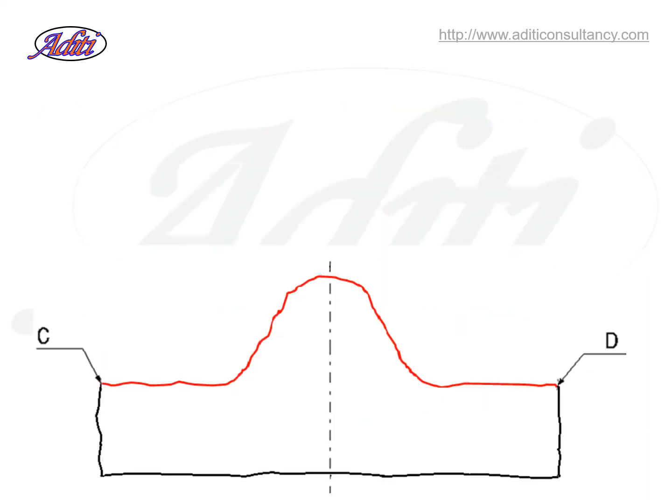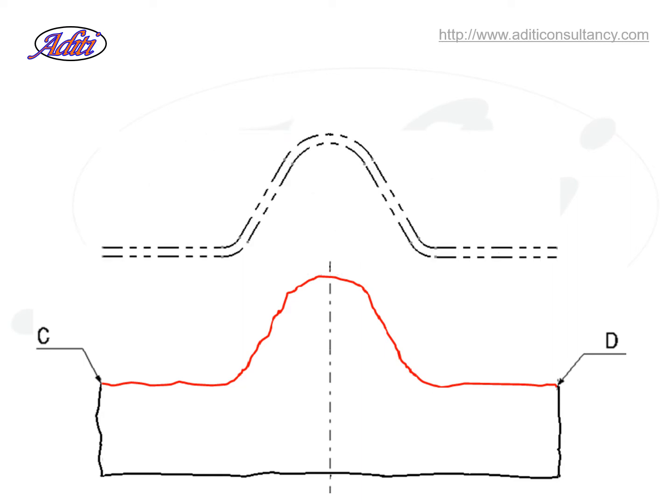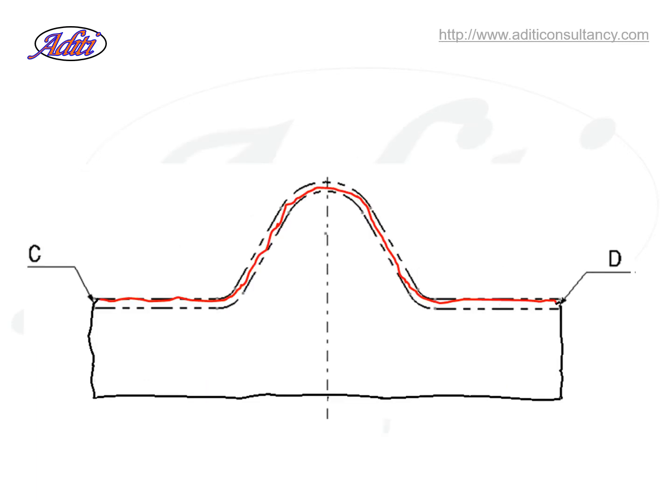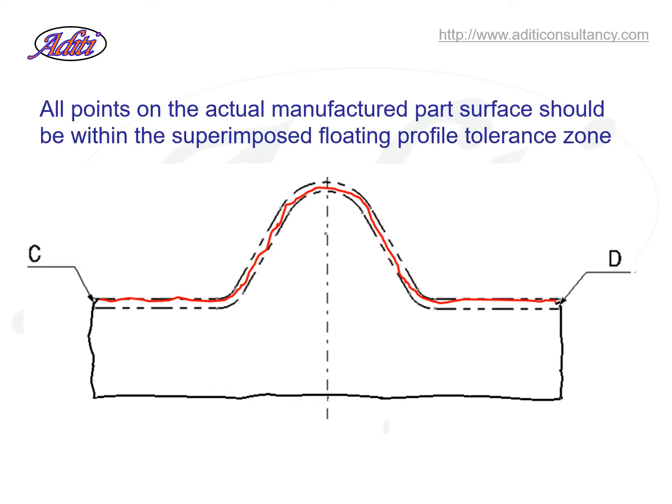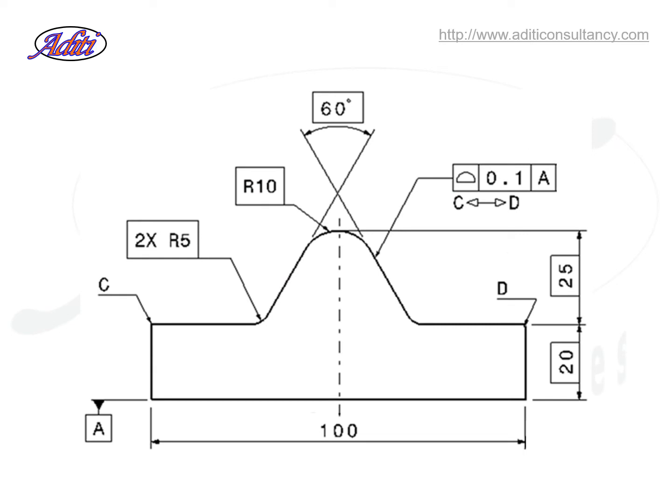For acceptability of any manufactured part, when the profile of surface tolerance zone is superimposed over the actual profile of the top surface of the part, the points on the surface with all the deviations should lie within the tolerance zone. In this drawing, you see that the profile of surface tolerance is specified with respect to datum A. The meaning of this is that